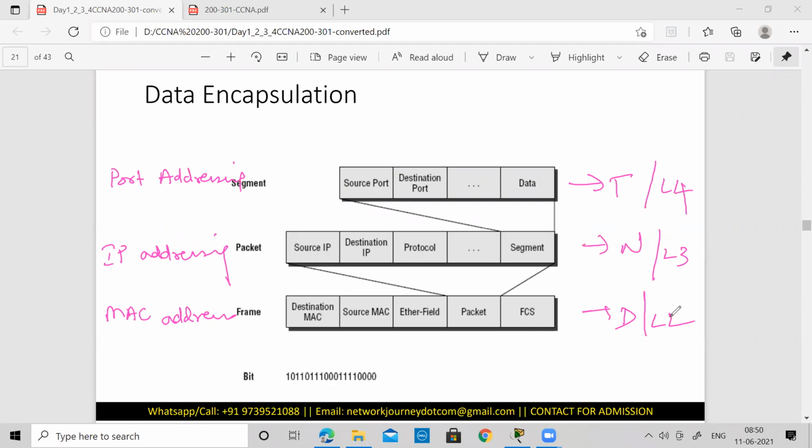Sometimes people don't refer to them by names. They can directly ask you what are the functionalities of L4, what are the functionalities of L2. So you should know the alternate names for these kinds of things. Okay, so this is again the same picture of the above diagram.